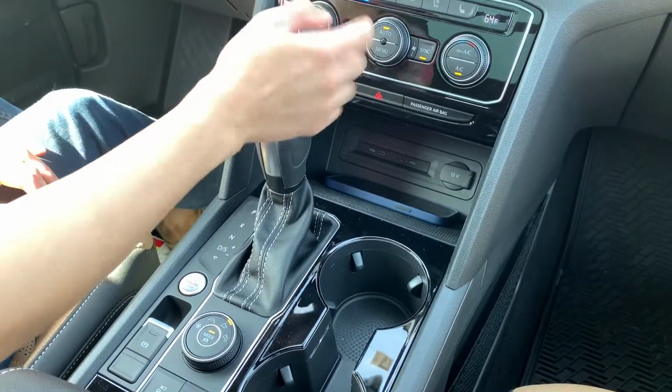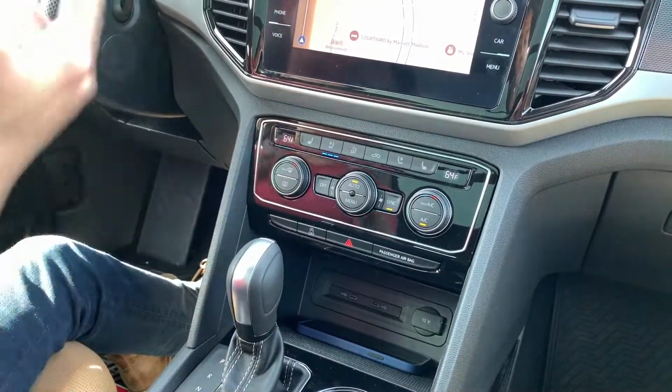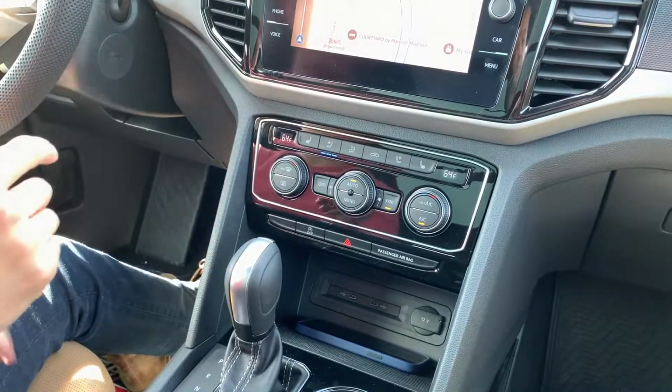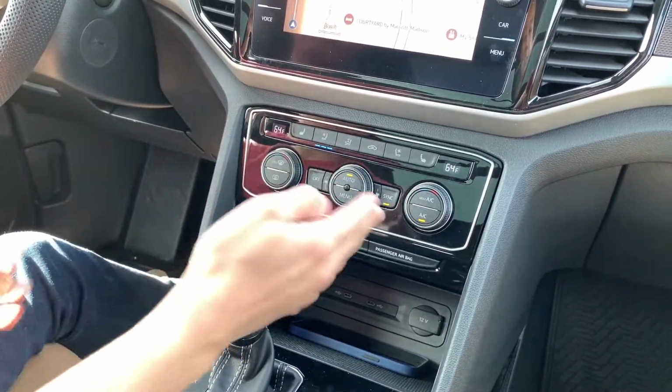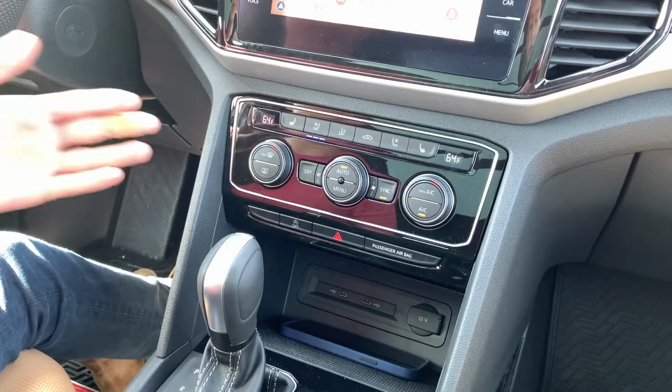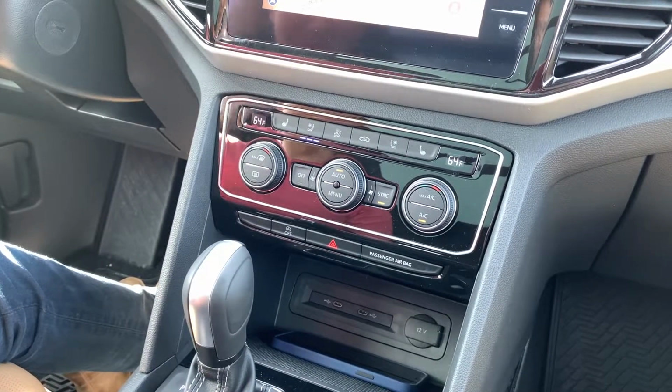You've got both heated and ventilated seats. You can actually turn them on simultaneously, which is kind of interesting. The seats do have 3-way power adjustment, essentially. And then you've also got your typical auto climate controls. I do feel like they could have made this part look a little fancier. I feel like this part looks like something out of a more commercial, less